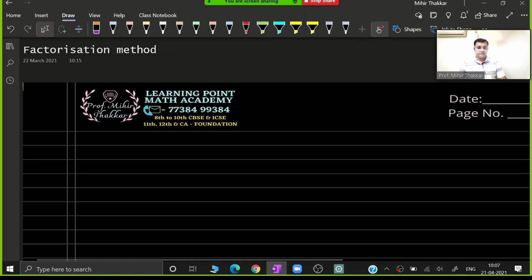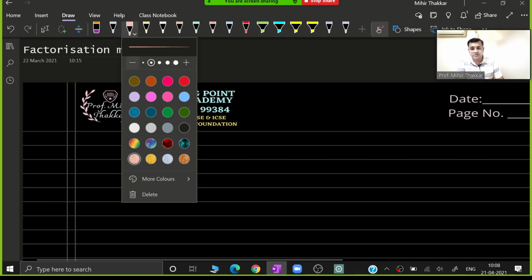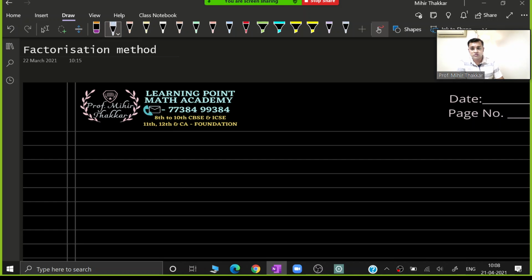So guys, in the previous class, we had finished with our first exercise, and let me do a small recap of the factorization concept that we studied in the last class also, so that it becomes easy for us to apply today. Now the first question is, when do we have to apply the factorization problem, or how do we identify whether we will have to do the factorization in a certain question or not?